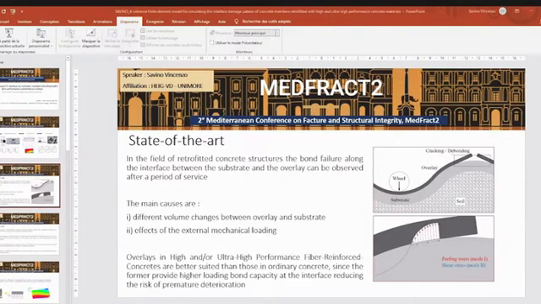We can see some figures showing the mechanical testing carried out in order to understand and measure the main mechanical properties of both single bonded materials, so the substrate and overlays, but also the mechanical properties governing the interface response between substrate and overlay. In particular,